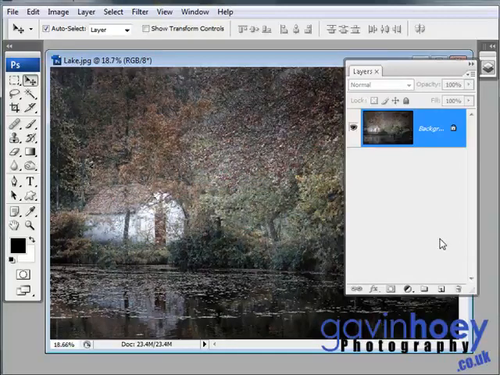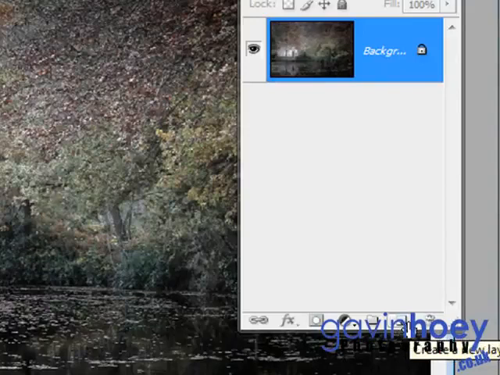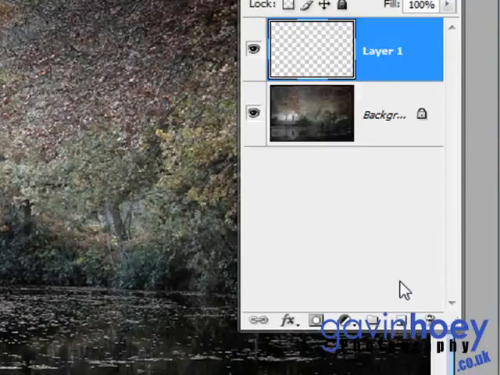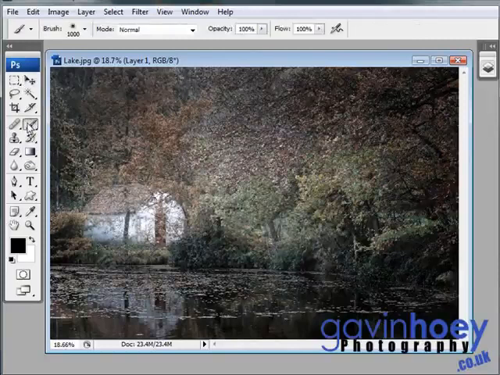I'm going to put the mist on its own separate layer. So I'm going to click the new layer icon, which is down here, the thing that looks like a folded piece of paper. Click that and you'll get a new empty layer. Now let's get the paintbrush and I'm going to set my foreground colour to white, because that's the misty colour,